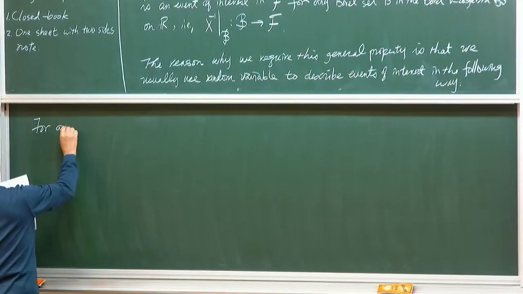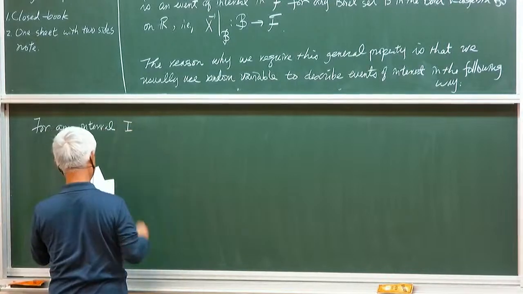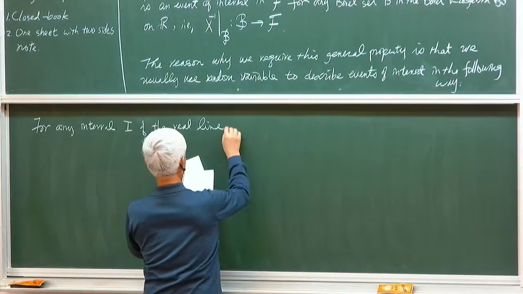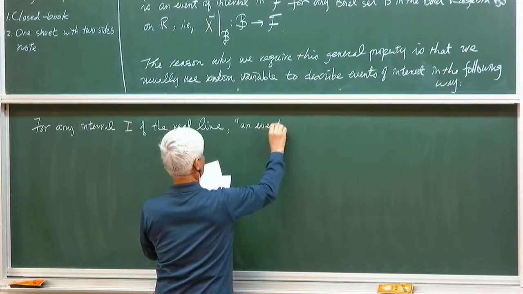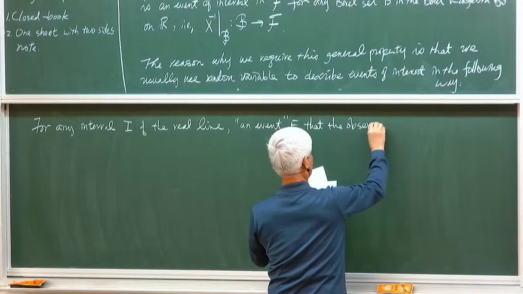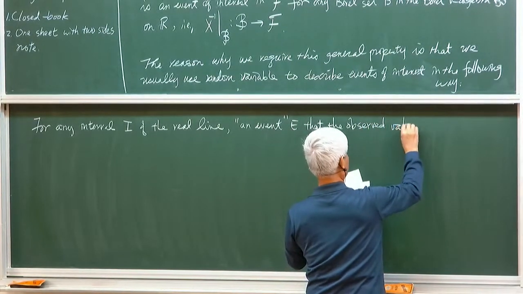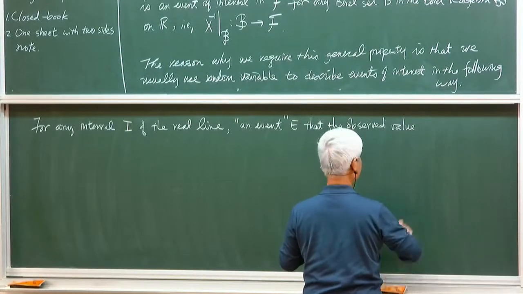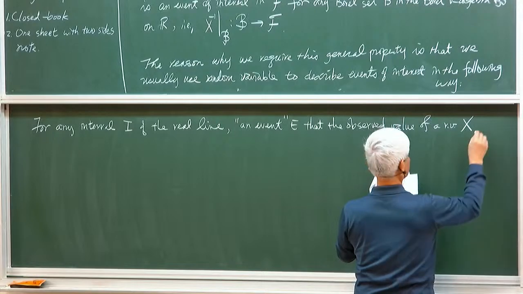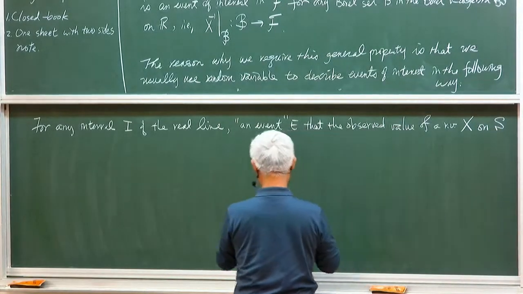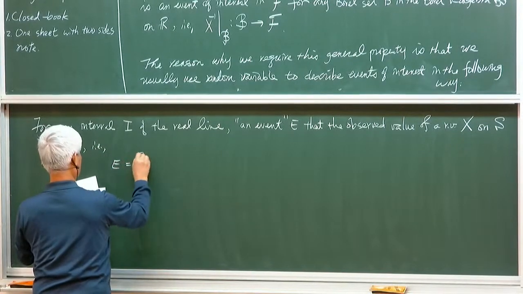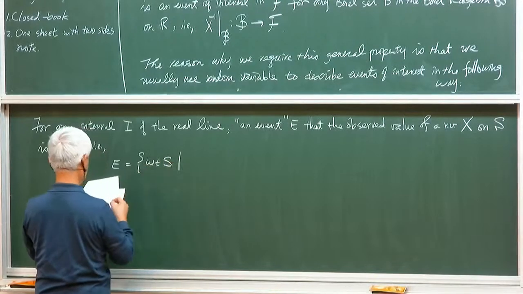And for any interval I of the real line, an event E that the observed value of a random variable X on the sample space is in I. So i.e. this event is described in this way, that